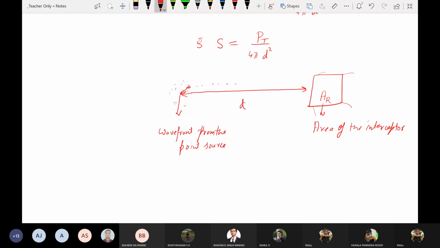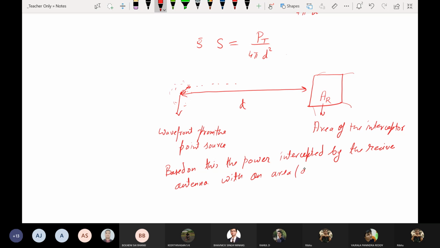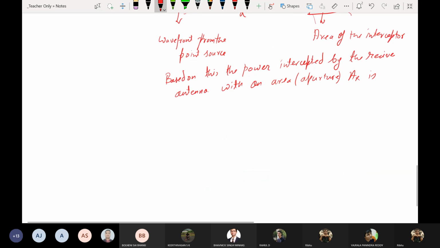Based on this, the power intercepted by the receive antenna with an area aperture AR is